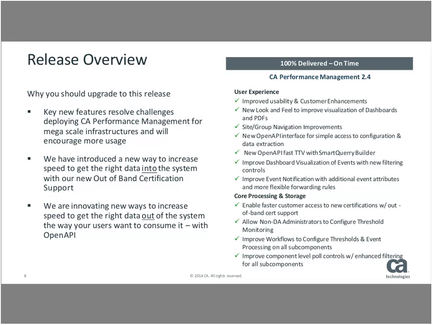So the first thing we wanted to do is make sure that we're listening and we're aligning our resources to respond to what we're hearing, whether it's around the overall quality and performance, or in this case, there were some key features that were really making it difficult to deploy this in both a mega-scale infrastructure or really in any infrastructure. But it lined up against our strategy because we could basically see how you are not going to be able to manage large infrastructures, really large infrastructures, if we don't have a better system of configuring thresholds in the